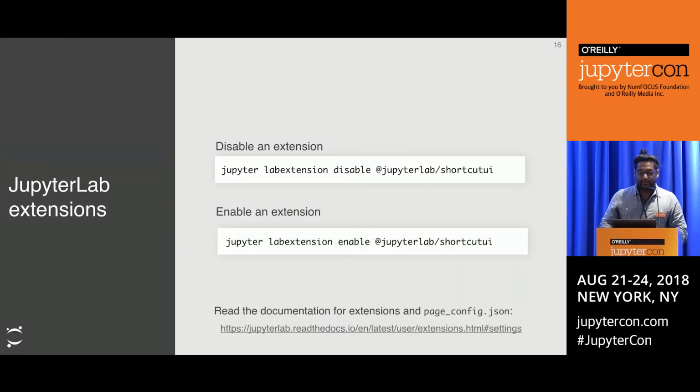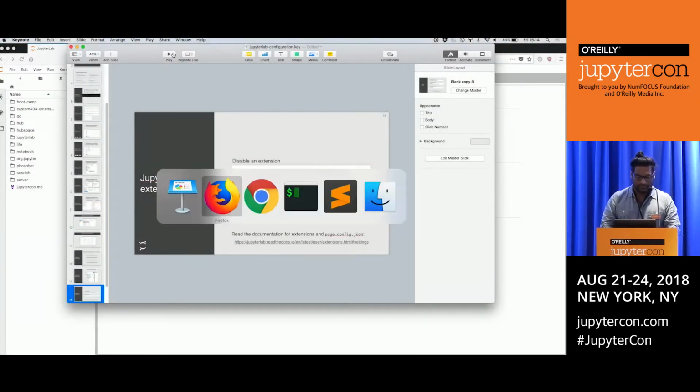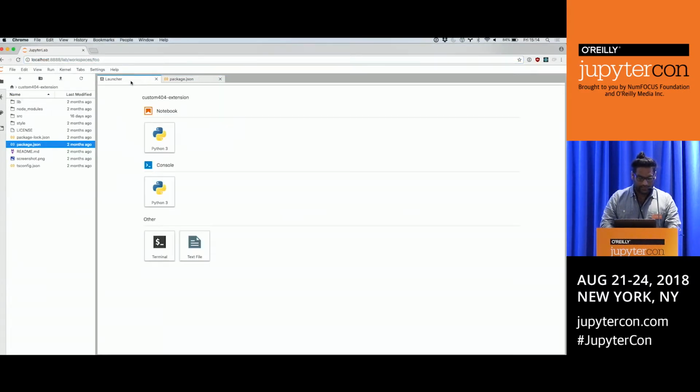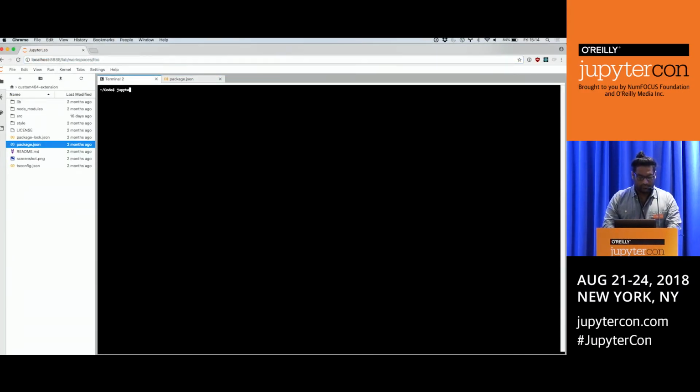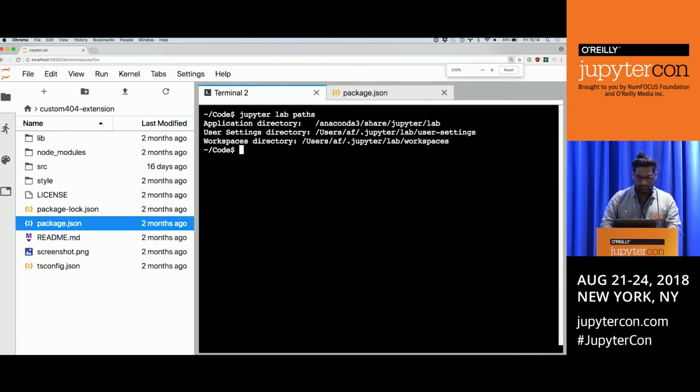So that shortcut UI that I just showed you, again, the way you install it is jupyter labextension install, that name. And here's how you disable it if you don't want it there, or enable it if you change your mind. These values get written to a file called pageconfig.json, and the place you find that, again, we'll go back to a lab terminal and do jupyter lab paths. This is the magic command. Oh, okay, good point. Is that readable? Okay, great. So the place you find that is in your application directory,